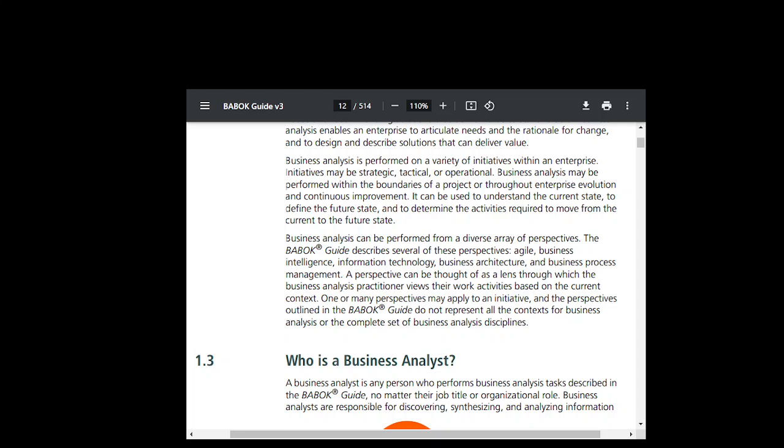Now, the perspectives are Agile, Business Intelligence, Information Technology, Business Architecture, and Business Process Management. These will be discussed at length inside this text. A perspective can be thought of as a lens through which the business analysis practitioner views their work activities based on the current context. So whatever perspective you are working out of as a business analyst, be it agile, business intelligence, information technology, business architecture, or business process management,